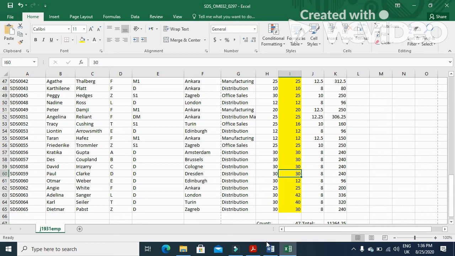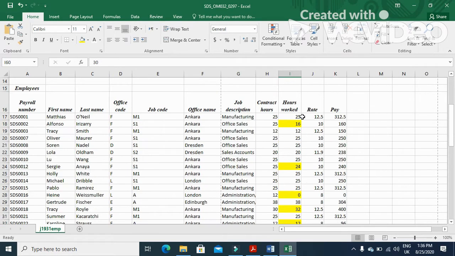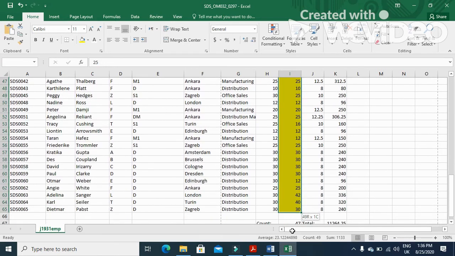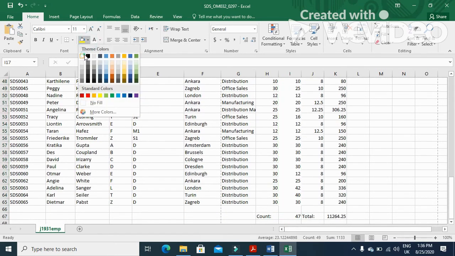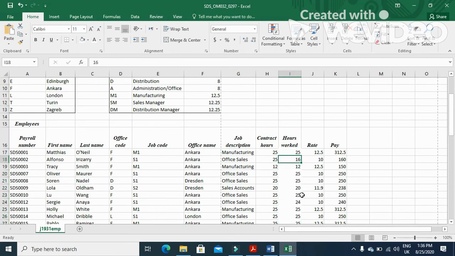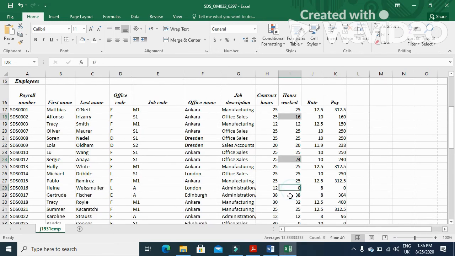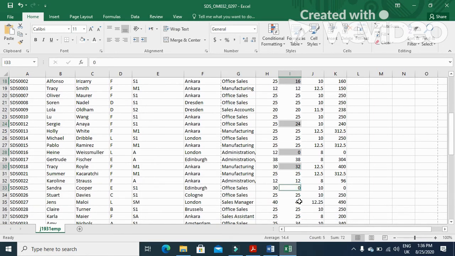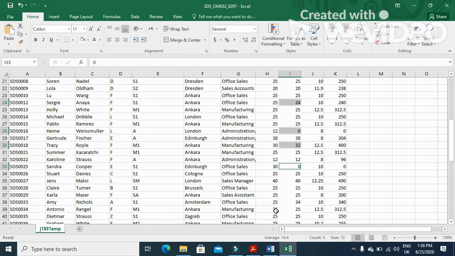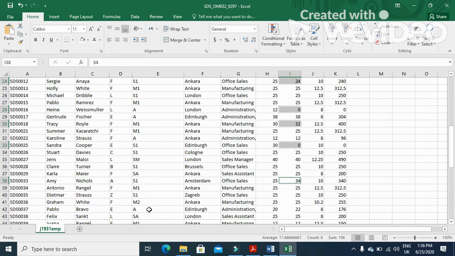So unfortunately it got mixed up with the rest of the values. It's better to choose not to fill the color, none, and then later on I can just choose this one, and then another one was Sergi Inaya, then we have Henny Wessler, and then Tracy, and then which was Sandra Cooper, and it was Amy, then Pablo Bravo,